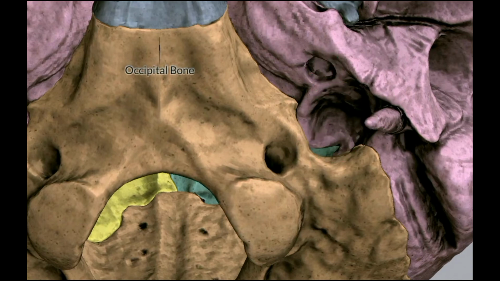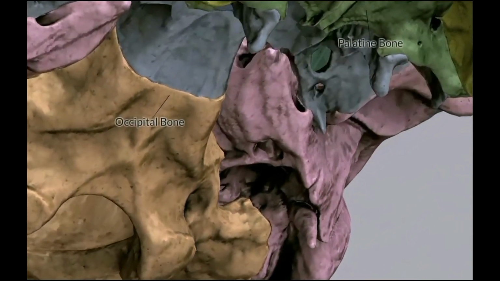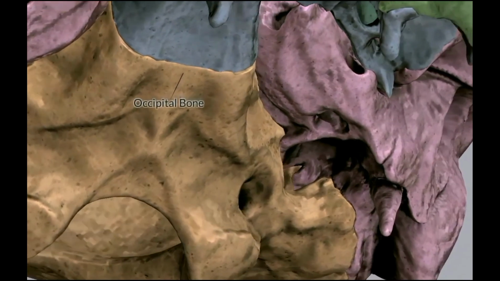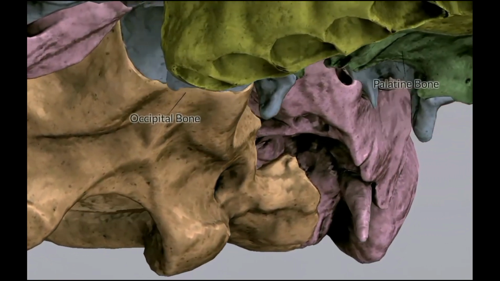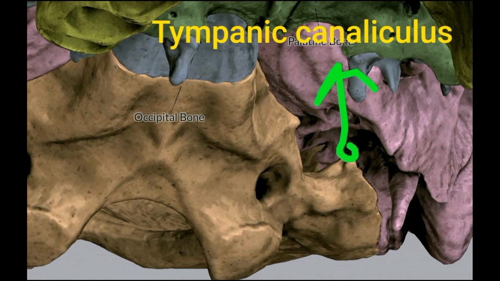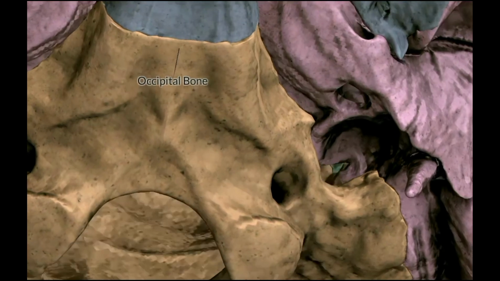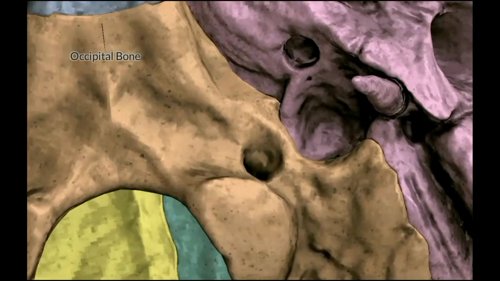you can see the jugular fossa and carotid canal, and in the lateral wall of the jugular fossa you will see the mastoid canaliculus for the auricular branch of vagus. So the vagus nerve comes out of the jugular foramen, but it gives an auricular branch which passes through the mastoid canaliculus there. Now you will appreciate a small canaliculus, the mastoid canaliculus for the auricular branch of vagus, or tympanic canaliculus you can say. Tympanic canaliculus, the better word, transmitting the auricular branch of vagus.